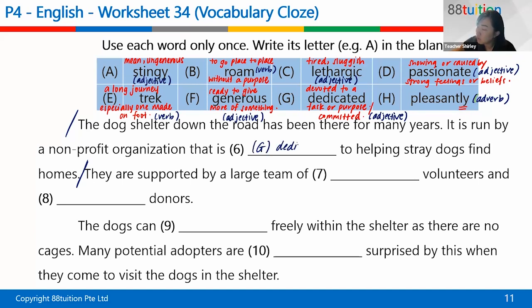Okay, so same thing, make sure you write the letter, not just spell the words. If the instruction says most of the time,